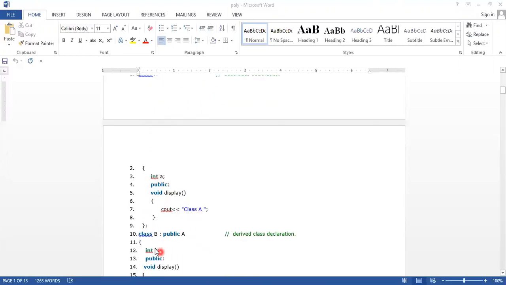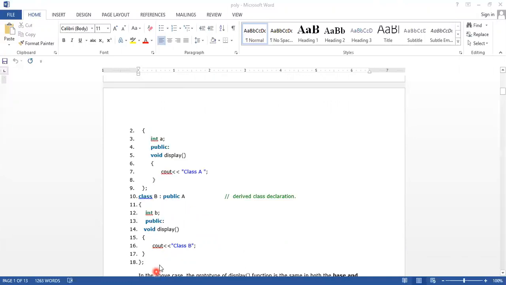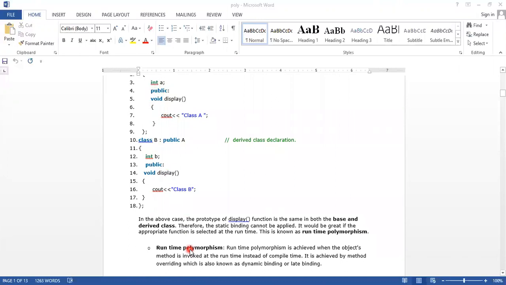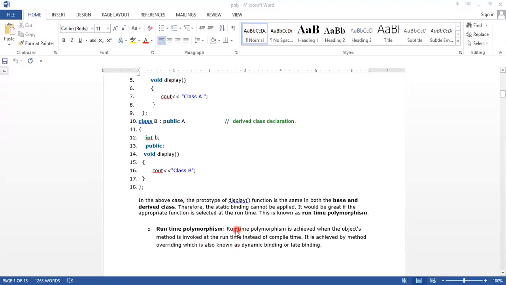So here we display the class A, then another class B, public A. Here we also use display, then cout class B. So in the above case, the prototype of the display function is the same in both the base class and the derived class. That is, we use the same display in both classes. Therefore, static binding cannot be applied, and hence we use runtime polymorphism.